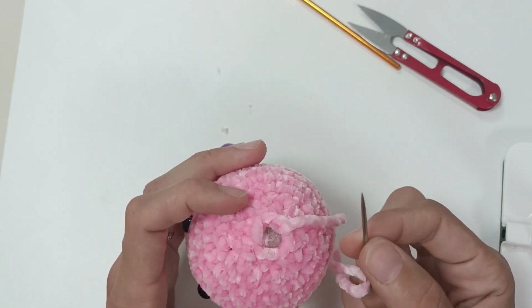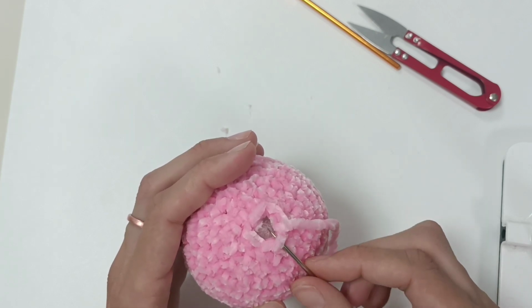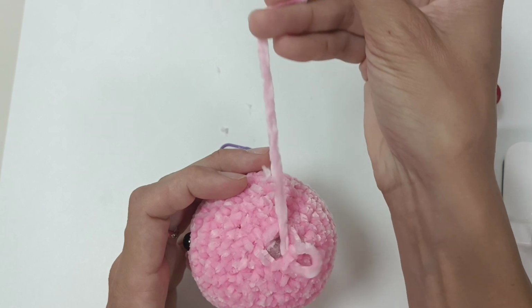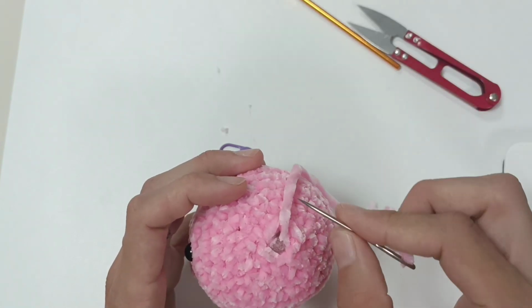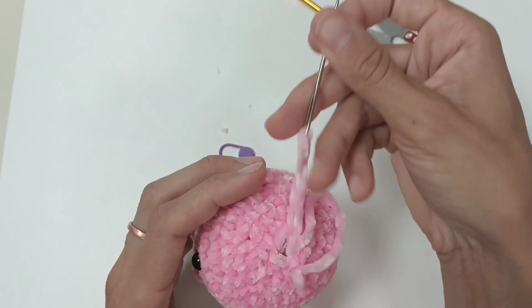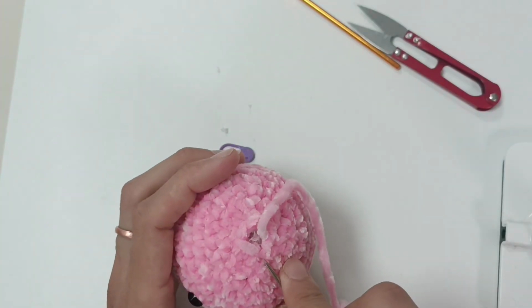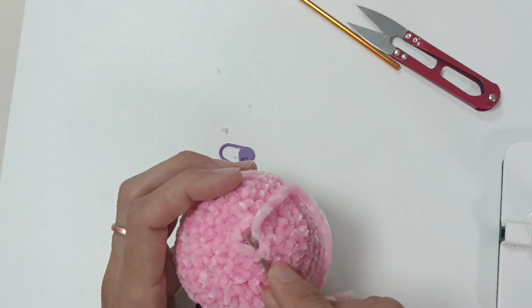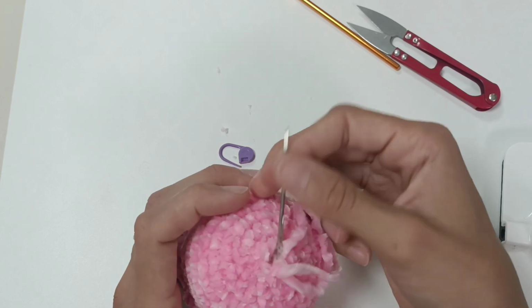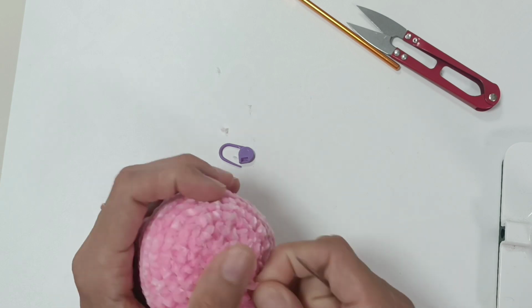What we're going to do, you take the needle into the next stitch, only the front loop, and you bring your needle from the outside into the inside. That's one. You do it all around. Into the next stitch, only the front loop from the outside to the inside. That's 2, 3, 4, 5, 6. Now you pull tight,